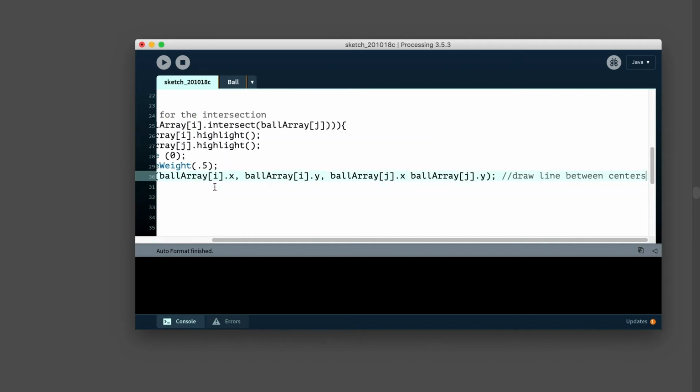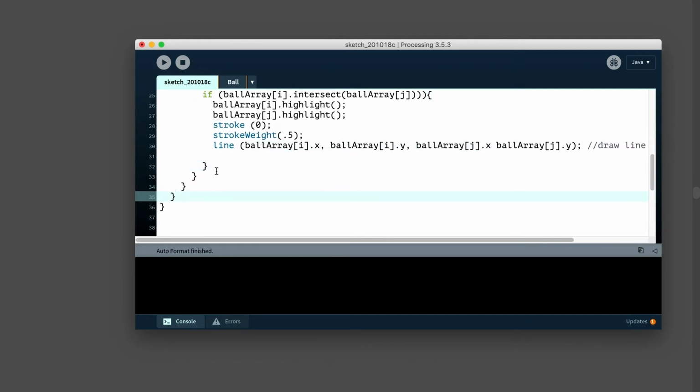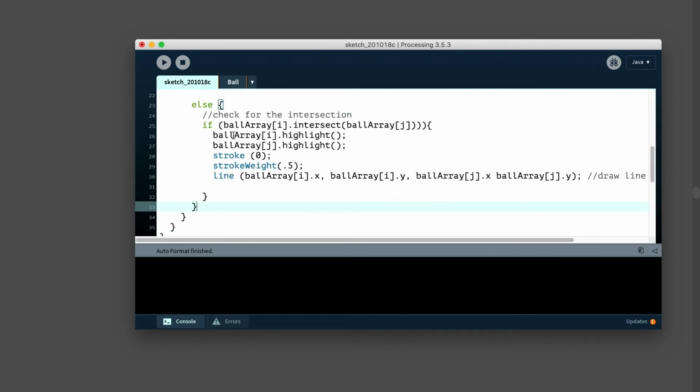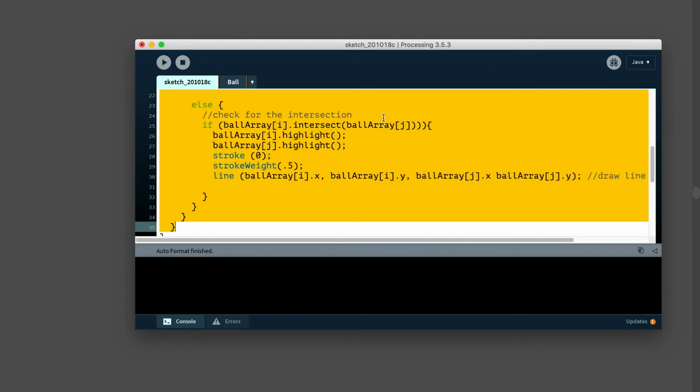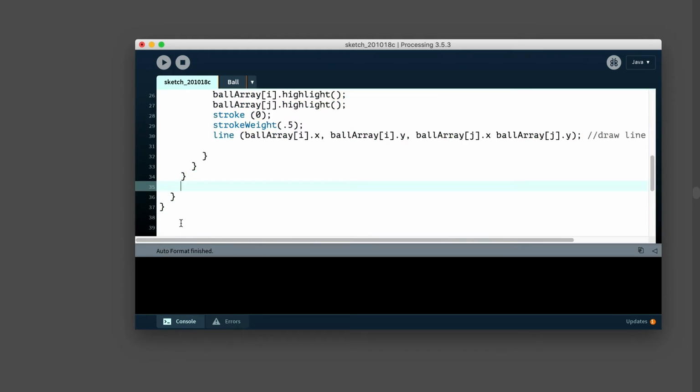I've changed the highlight color, but I still haven't drawn anything yet. So let's make sure we go into, let's see, it should be inside of here. I'm gonna need to call that ball array item, and now I'll use the display function.